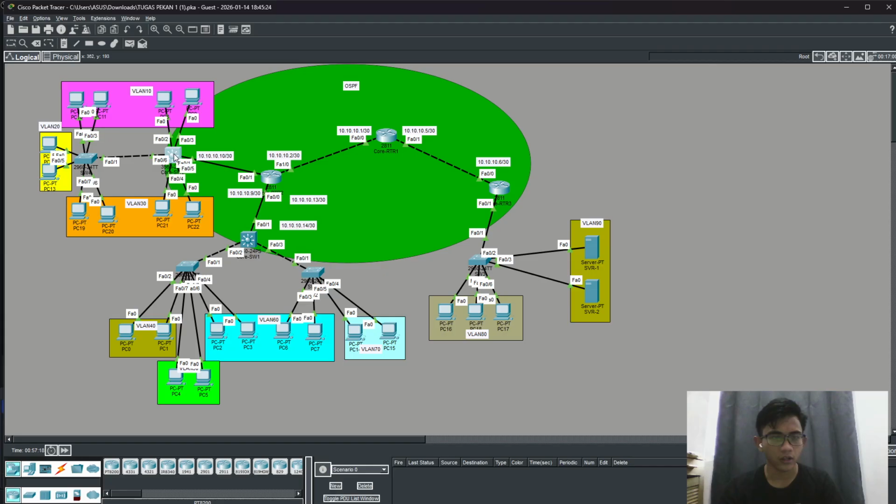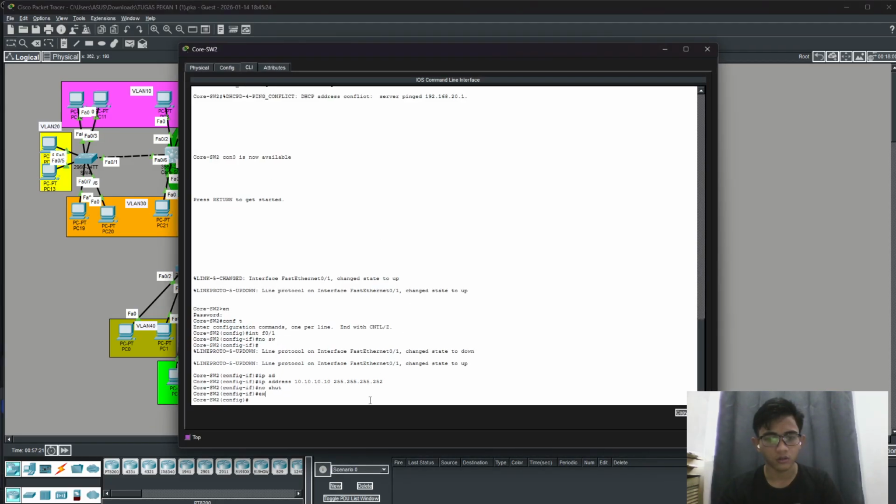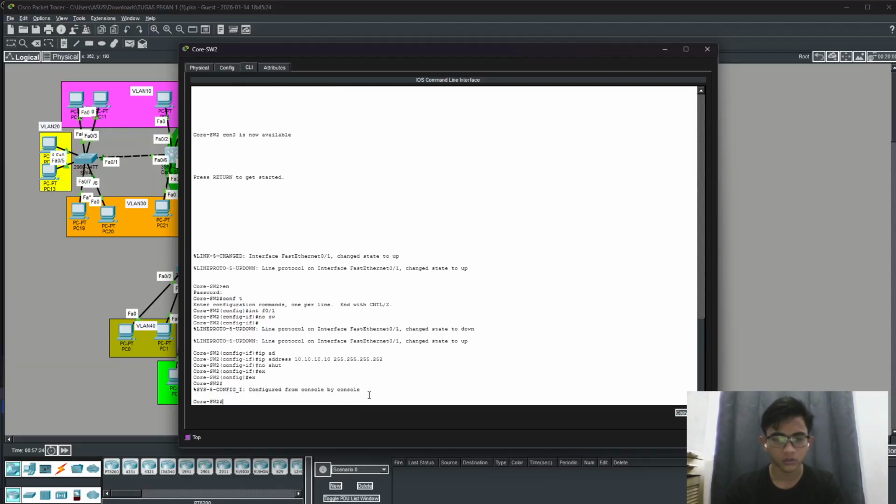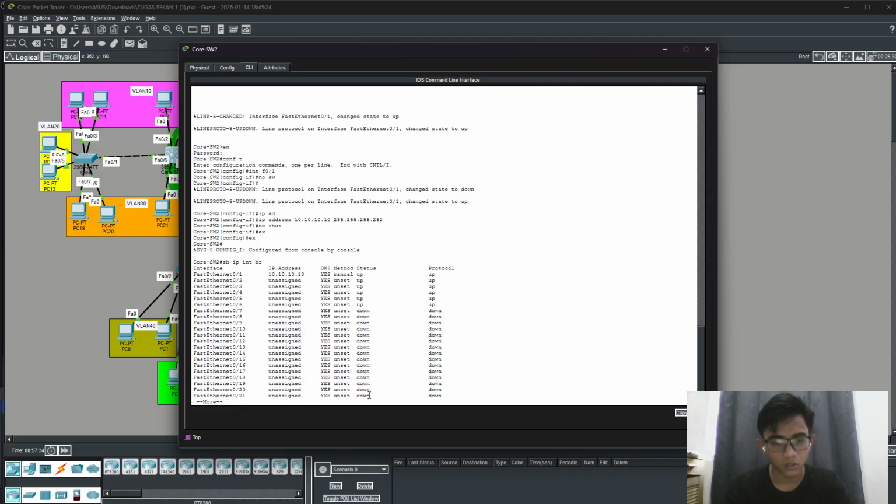So in MLS 2, I guess in MLS we will make OSPF 2. So exit first. Then IP interface brief.